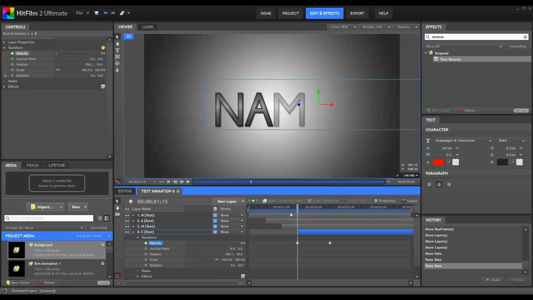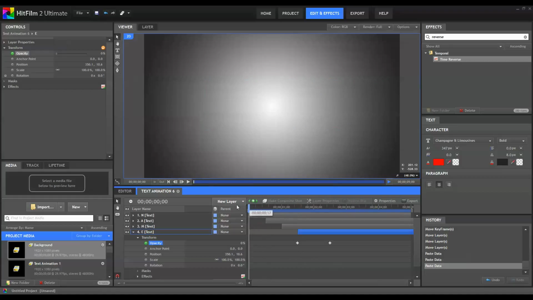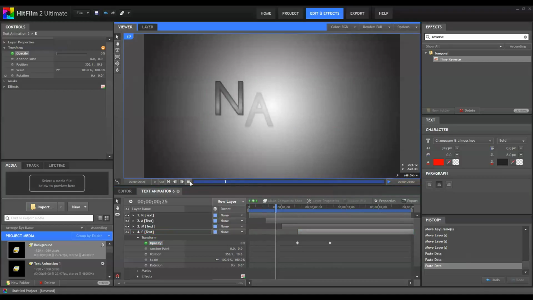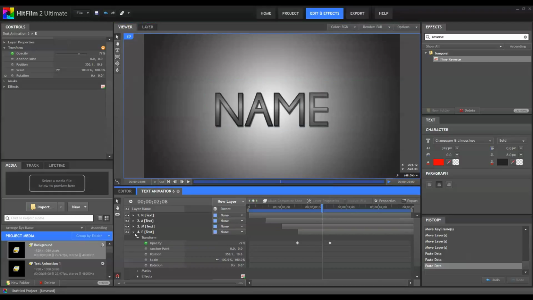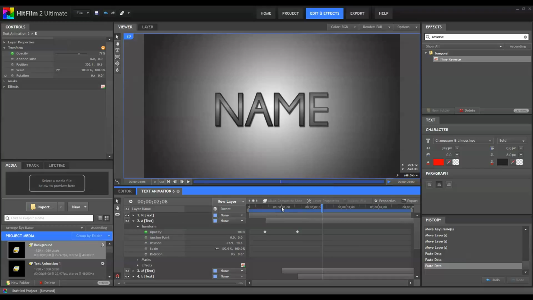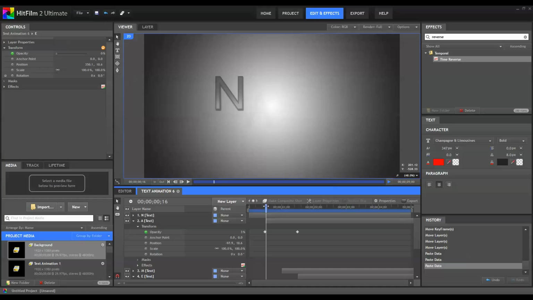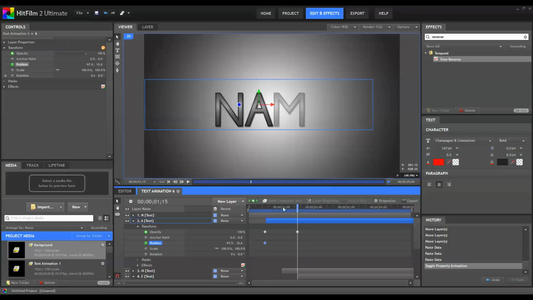So now we have something like this. We just have to keyframe the position of the rest of the text. So let's go once again back to the A, set a keyframe for the position at the 0.15 second mark and the 1.5 second mark. And then at the beginning,